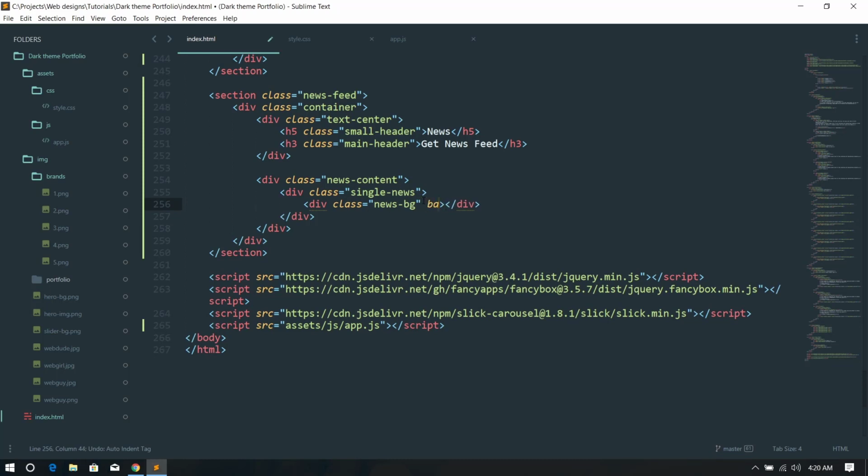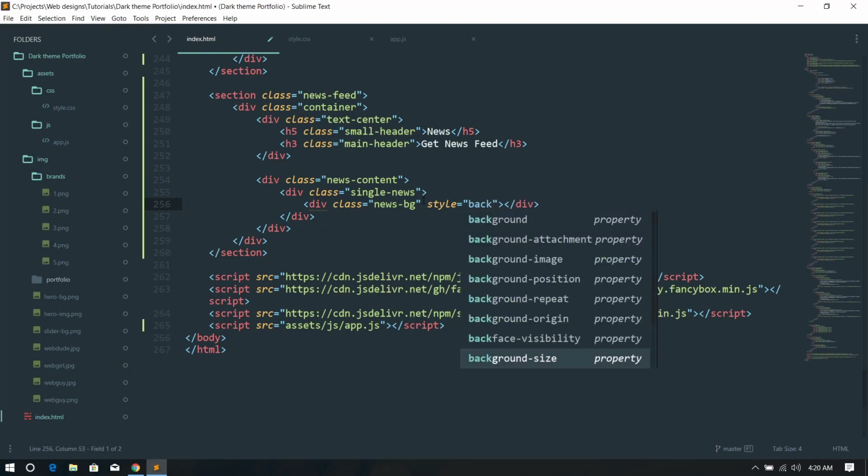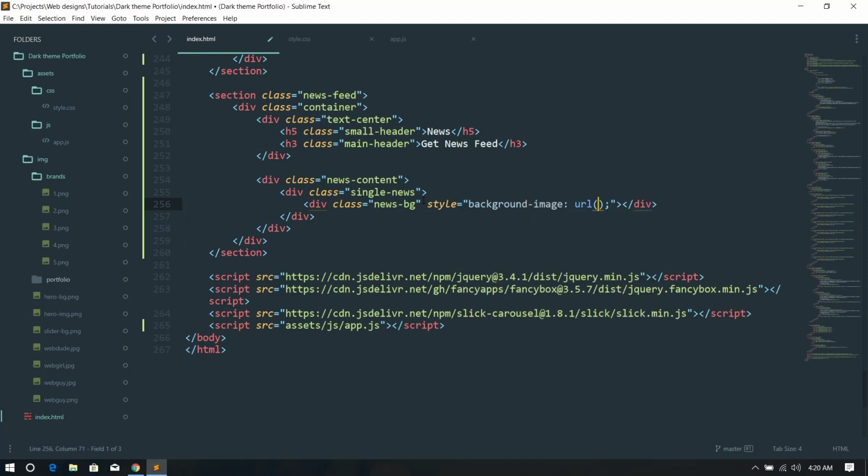And each of this is going to have a background, so let's add a style in the background image URL. So I'm going to go to img/web guy, for example, .jpg, and here I'm going to have